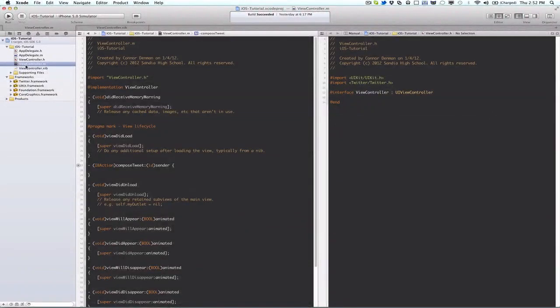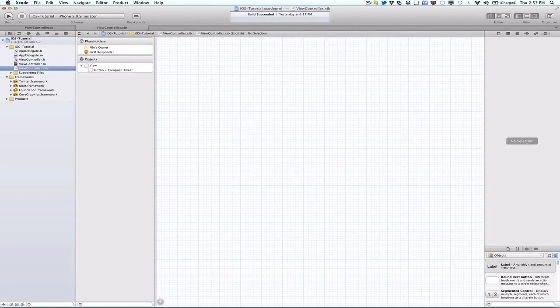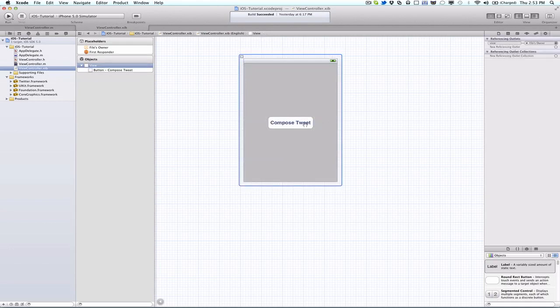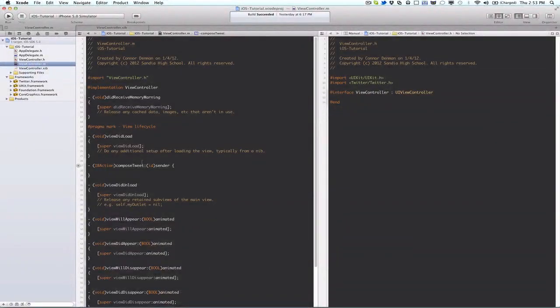First of all, create a new Xcode project. And I have a nib set up here with a button for presenting the tweet compose dialog, and I've hooked its touch up inside to the compose tweet method within my view controller class. And before we can start writing code, you have to include the Twitter framework. You have to import the Twitter framework to your .h file,